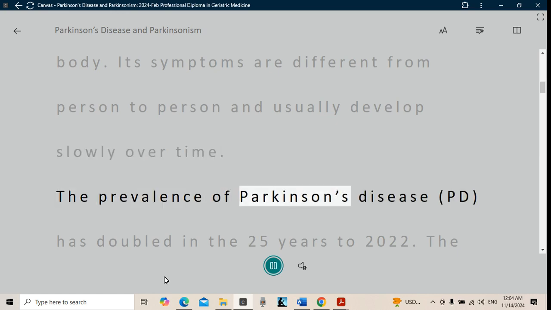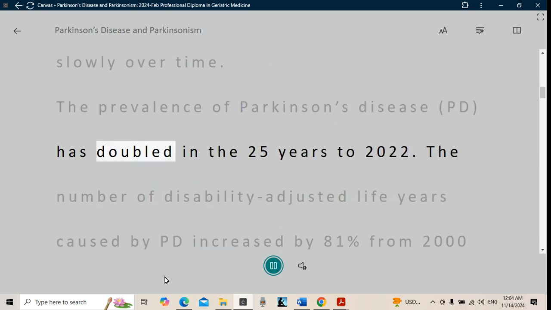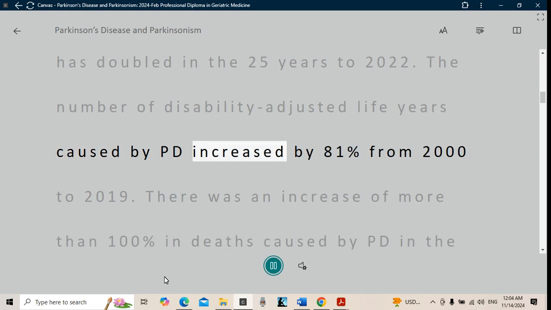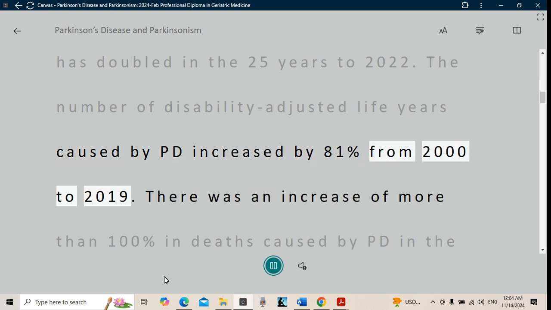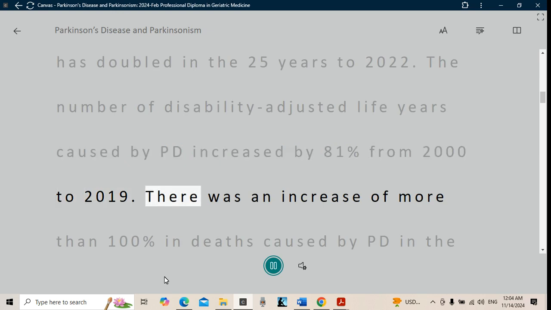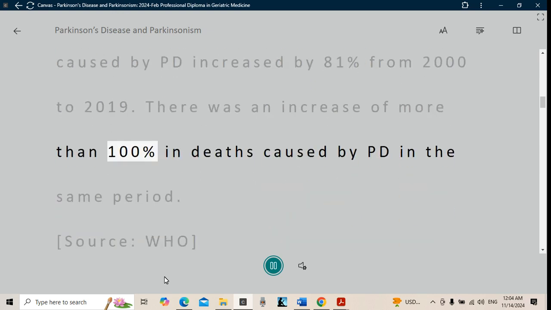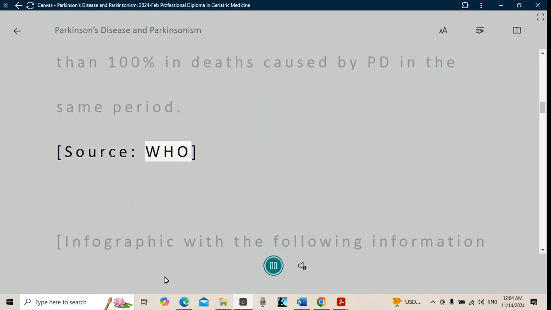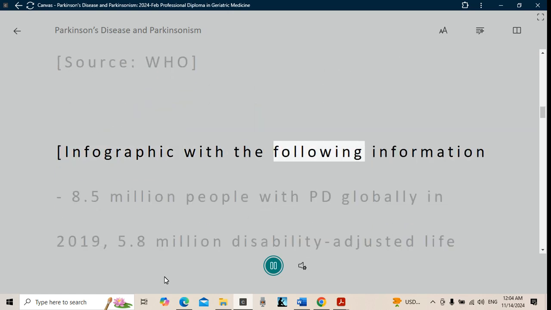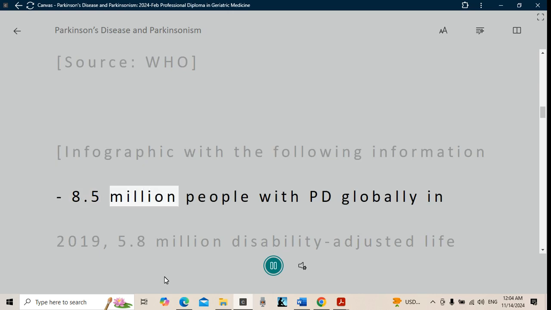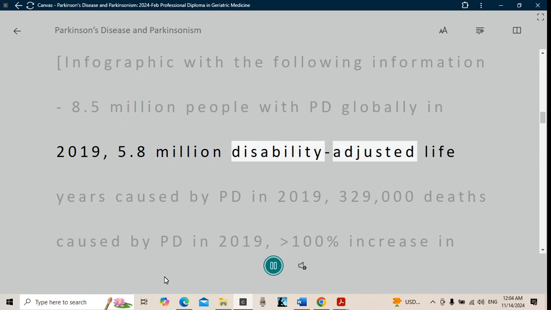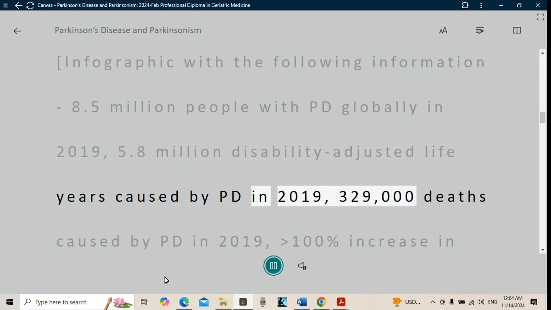The prevalence of Parkinson's disease, PD, has doubled in the 25 years to 2022. The number of disability-adjusted life years caused by PD increased by 81% from 2000 to 2019. There was an increase of more than 100% in deaths caused by PD in the same period. Source: WHO. Infographic with the following information: 8.5 million people with PD globally in 2019, 5.8 million disability-adjusted life years caused by PD in 2019,